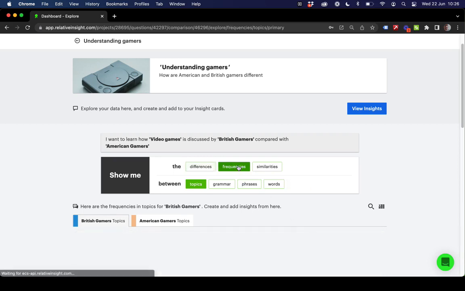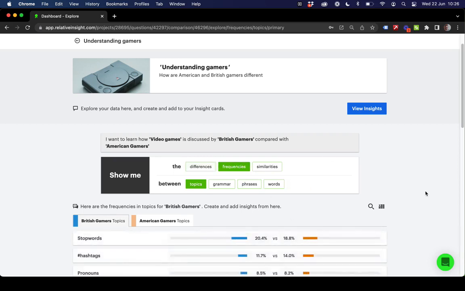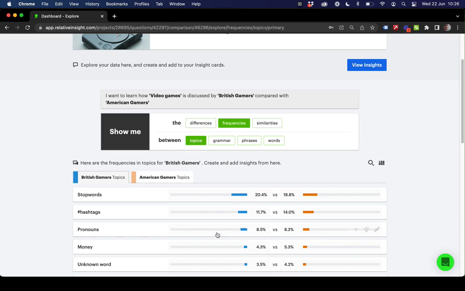Clicking over into frequencies, this is going to tell you the percentage of the total conversation dedicated to a particular linguistic feature. So in this instance, we can see that pronouns represent 8.5% of the British conversation and 8.2% of